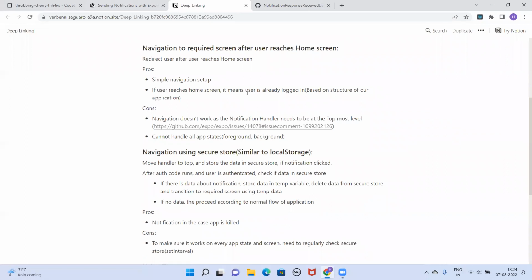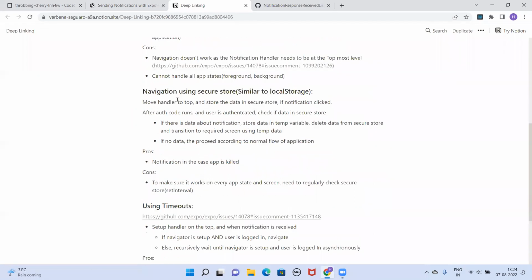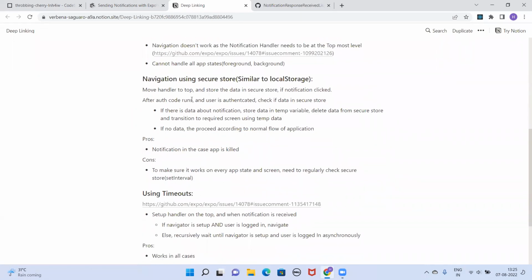So does anyone want to ask any questions about this solution? Okay. So the next solution is using secure storage. I've already talked about what secure storage is. It is basically local storage, right? Local storage equivalent for Expo applications, React Native. So what we do is, okay,